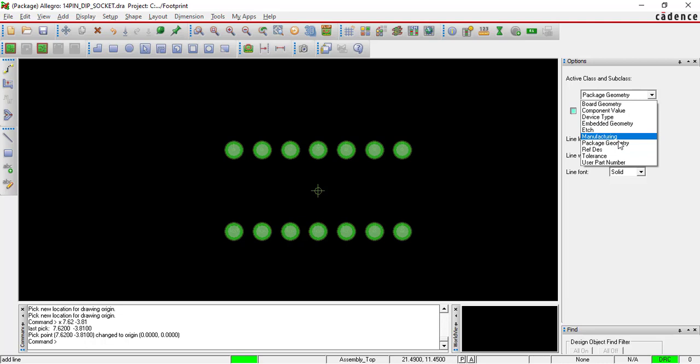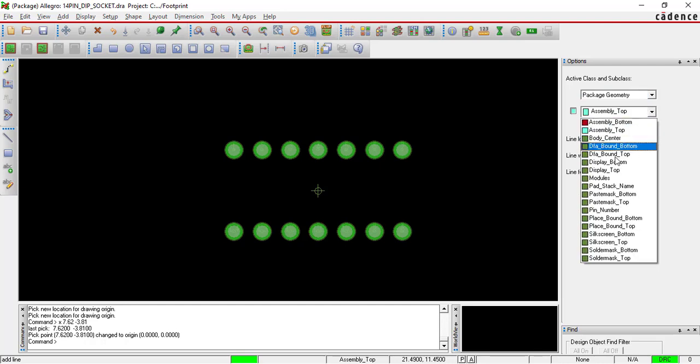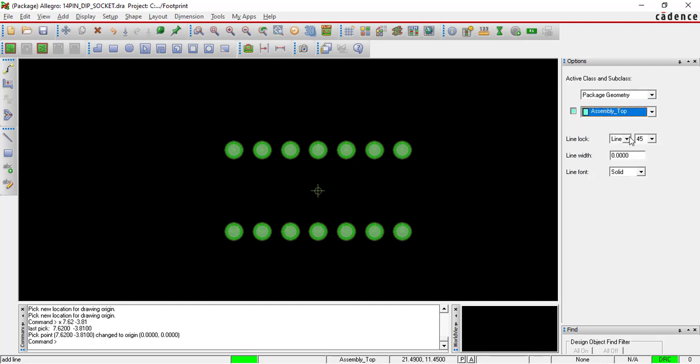Select here package geometry, right here assembly top. So many subclasses are there, but we have to select assembly top. Line is there. Okay, line width, what we have decided, 0.1016. This is the line width, solid. Now after putting these parameters, come to the command window.